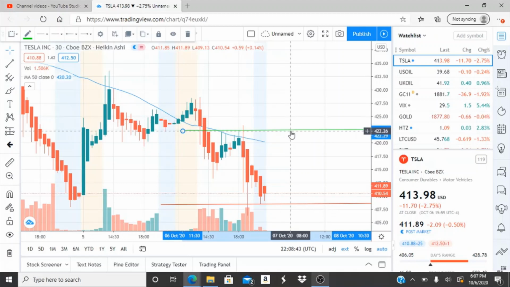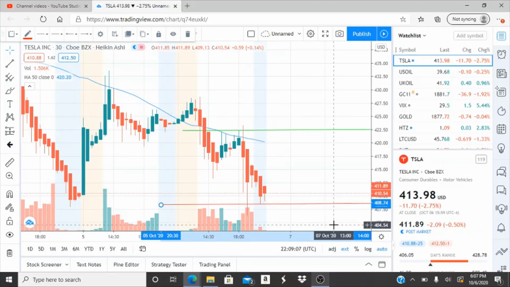And by turning it into a support at 422.63, they can start to work their way up to newer highs and newer resistance levels. If that's accomplished, then the bulls want to break through the next one, which would be 428.45. But before getting there, they have to break through 422.63, turn it into support, and break through from there, building momentum to hit new highs and newer resistance levels.